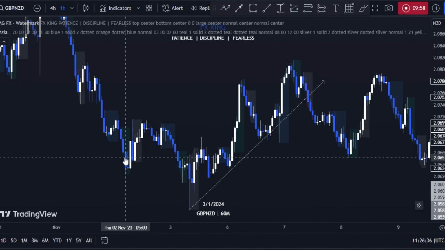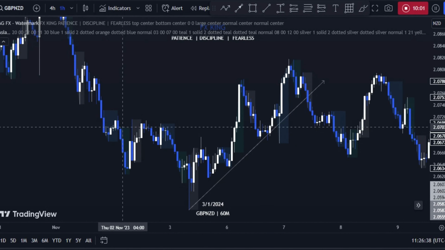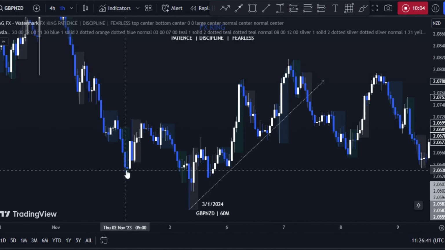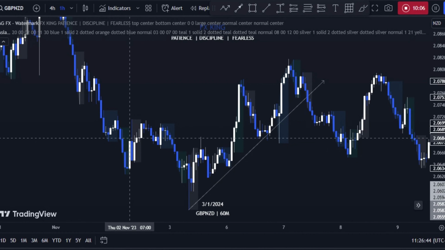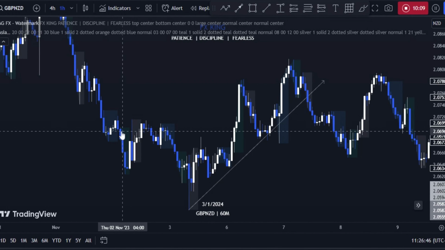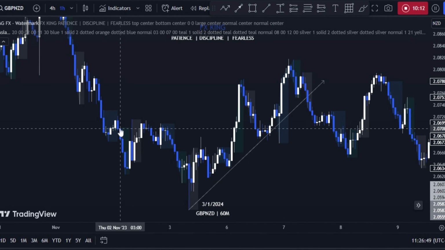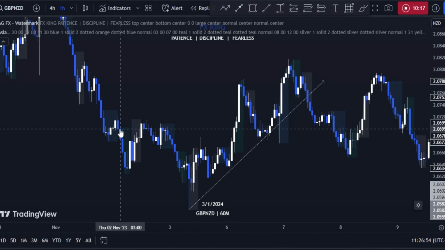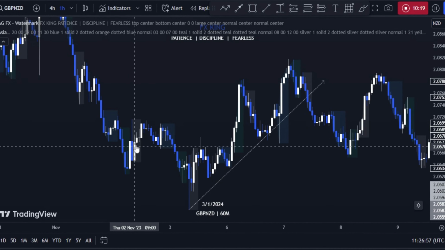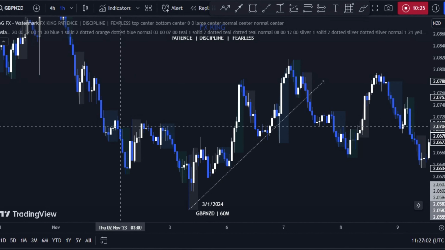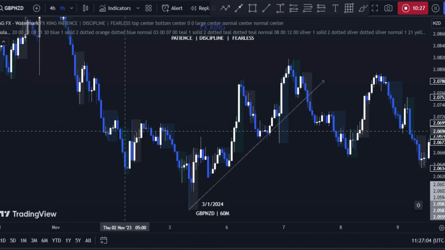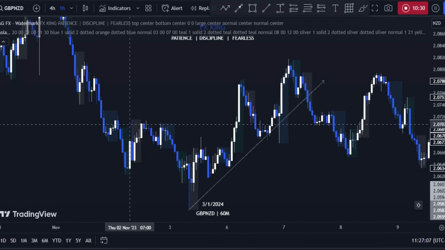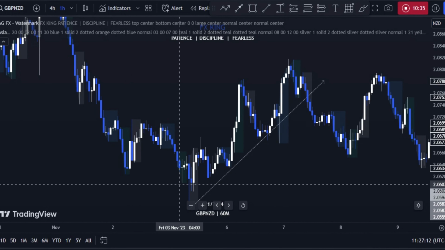You can see that this session here opens here, this session here opened here, and pushed prices right down. So when the next session opens, what happened is, when this session opened here, many people that trade this session were selling here and targeting, and their stop loss was above where this session opens. So when the next session opens, there's a manipulation, right? This manipulation pushes above this session's high to clear the liquidity and kick out the traders that sold during this session before. It manipulates lower and takes out the traders that bought